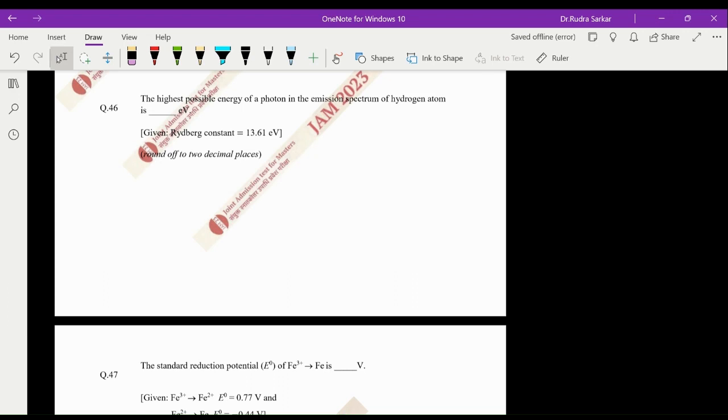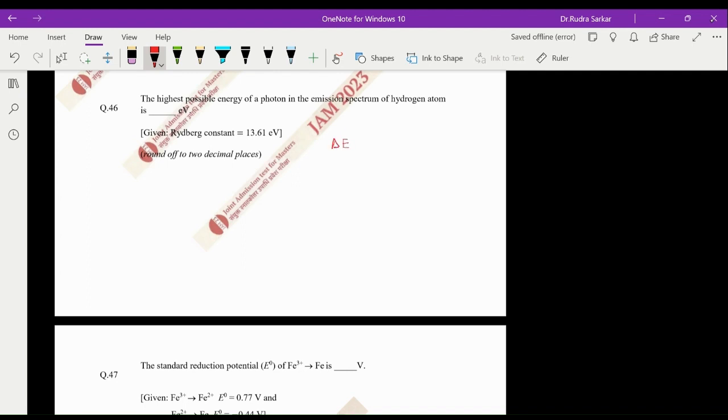Okay, so we are solving for question number 46. The highest possible energy of a photon in the emission spectrum of a hydrogen atom is, we have to find out. So, for the emission spectrum of a hydrogen atom, the formula that we mostly use is